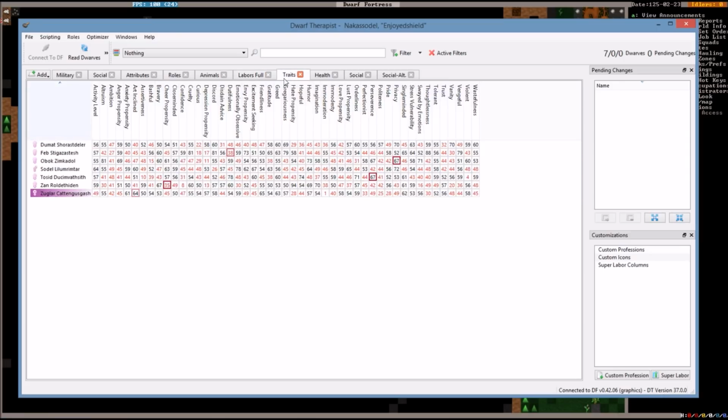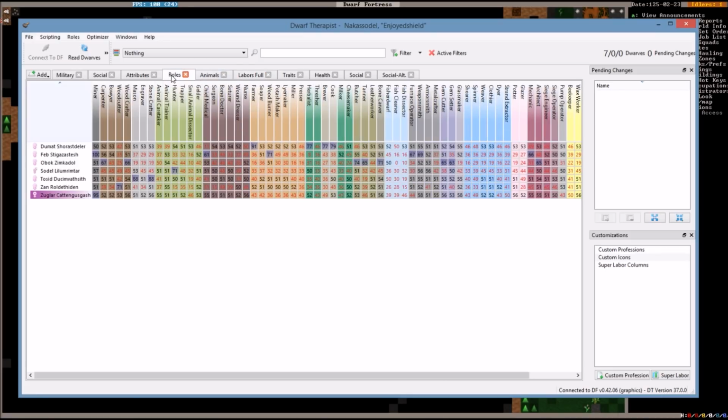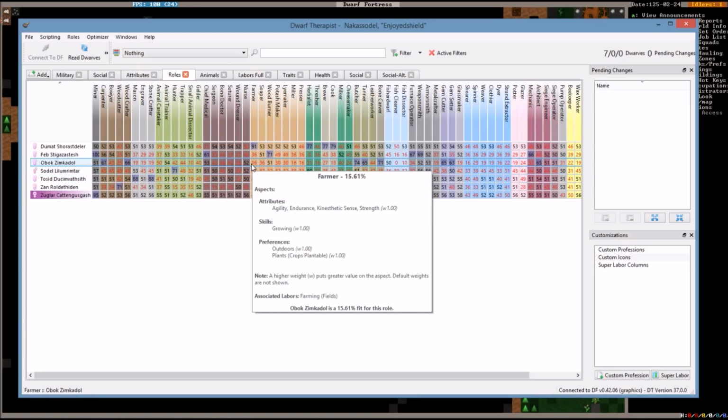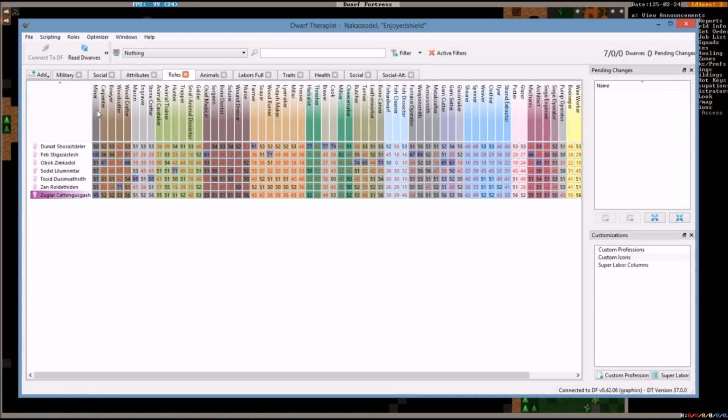And you can see how good they are at things with roles. Roles tell you how good they are at certain things. So for instance, Dumont, he's a level 91 farmer. It's blue, so he is farming. Everyone else is terrible at it. Look at Obach, 16. He doesn't know what dirt is. We got a couple miners here that are very good at mining, and they are indeed mining because it's blued in. But say something's not being done, you want someone else butchering,